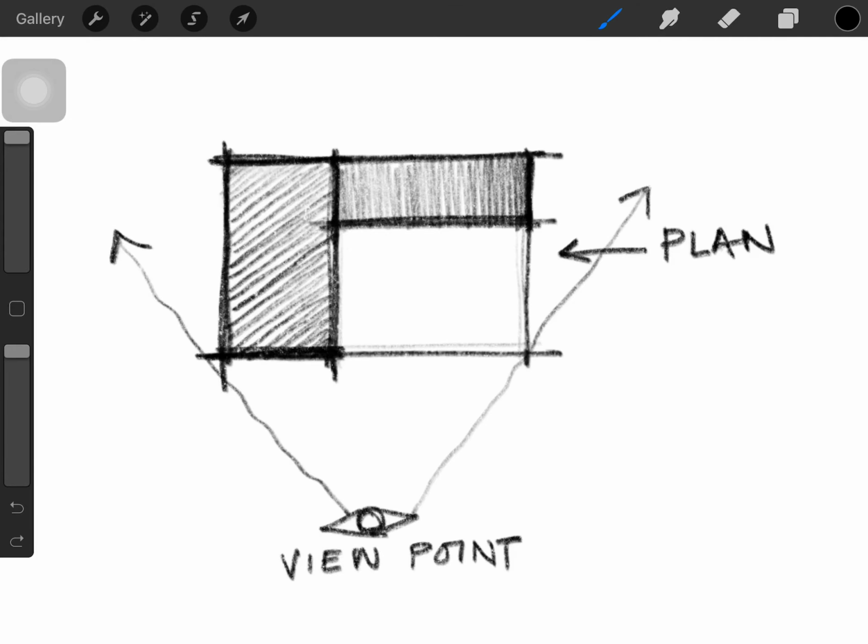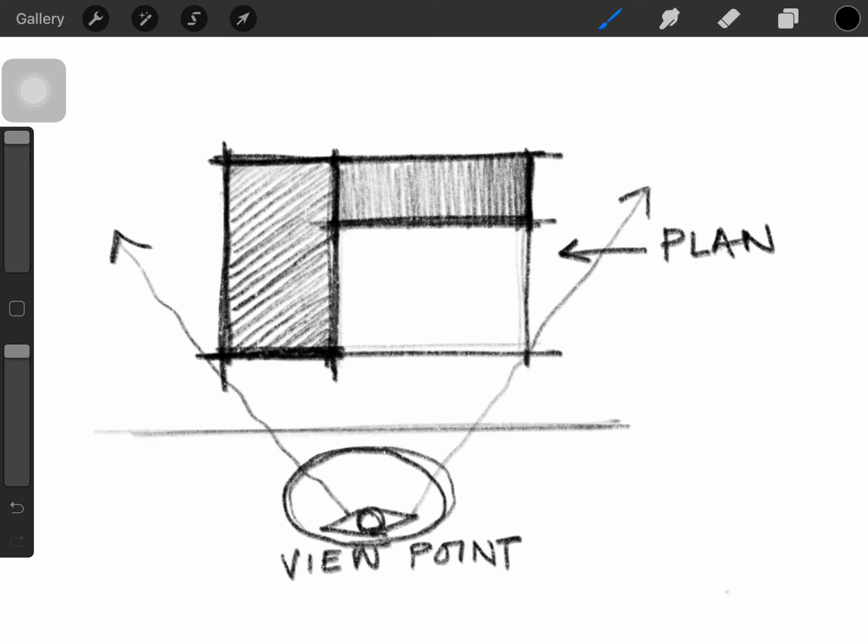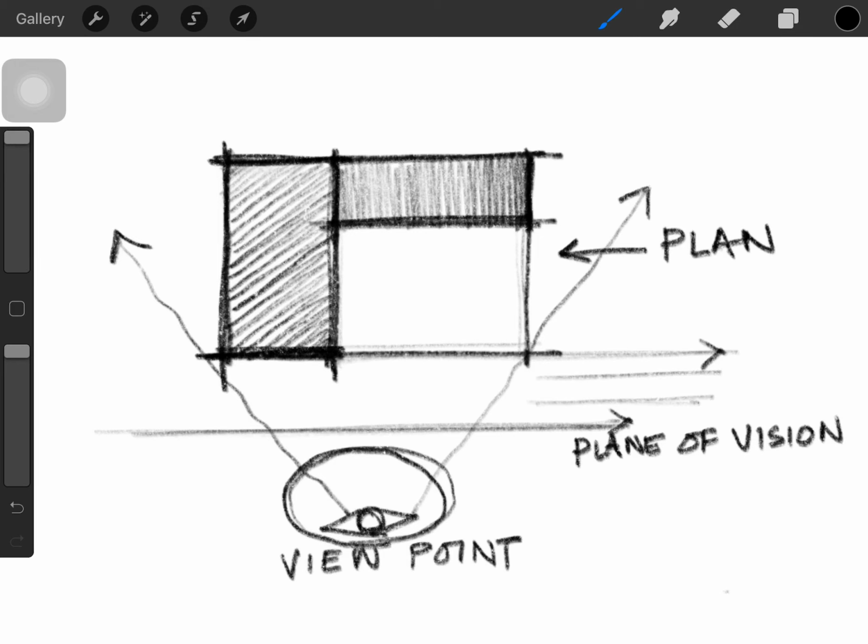Now talking about the viewpoint that I had chosen to view the object. There is something called a plane of vision, which is always perpendicular to your line of vision. So if I try to draw an imaginary plane of vision here, I can see that for my first viewpoint, the plane of vision and the plane of the geometry I'm viewing are parallel. So this makes our job easy to draw a perspective view of this. If I extend my line of vision, it would be perpendicular to the structure I'm viewing.